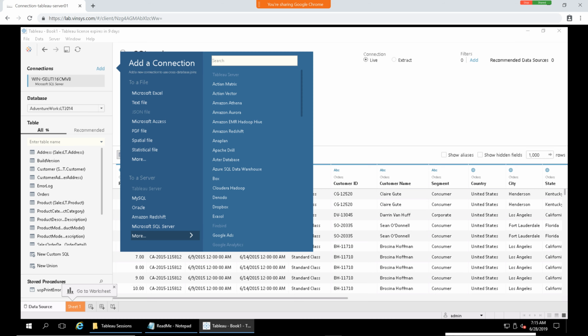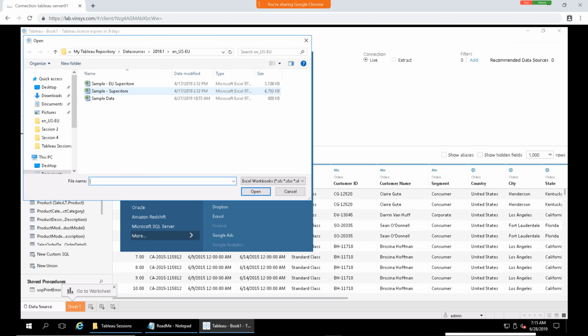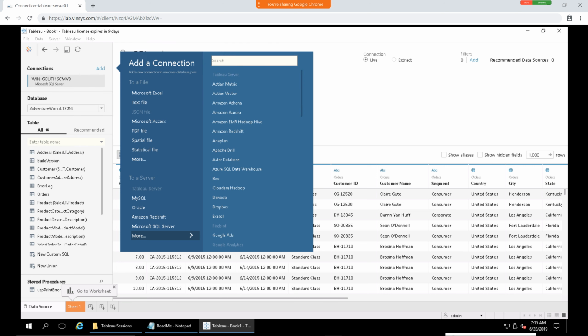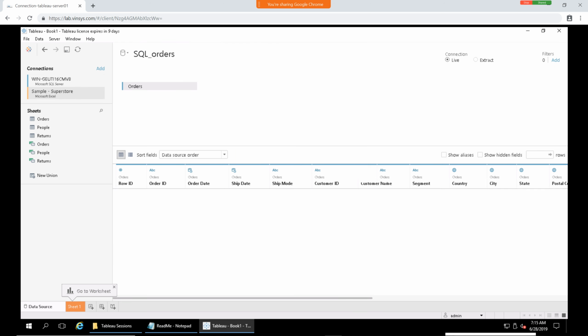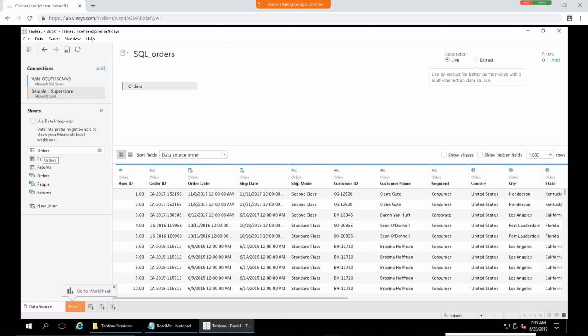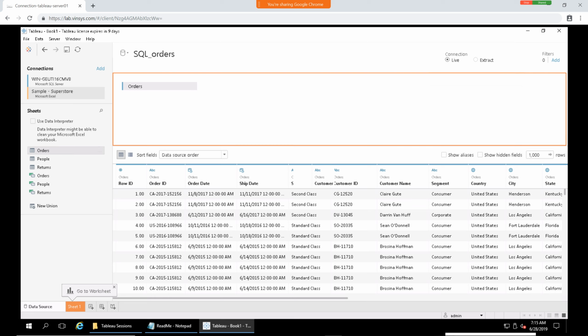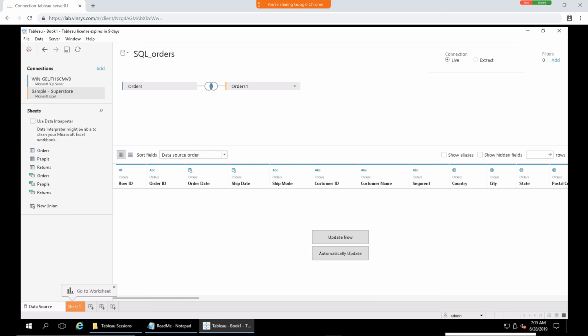Another, I'm adding one Excel sheet here itself, this is orders. I'm joining here, so you can see this table came from SQL Server, this table came from my Excel sheet, right? This join is cross database join